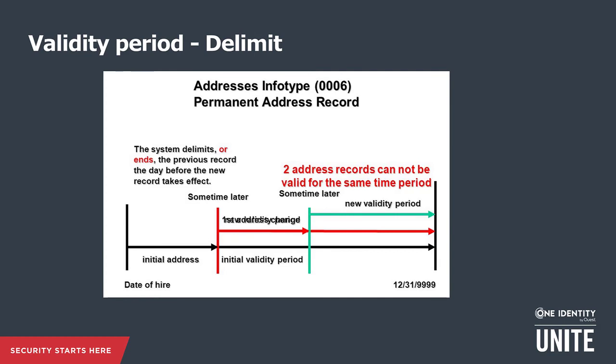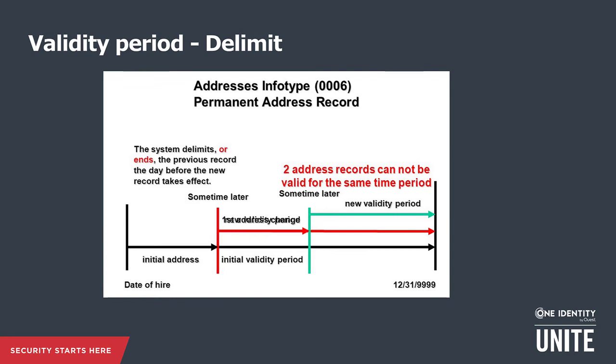In this example, at hire date, a permanent address record for the employee will be created with the validity end date of December 31st, 9999. This is the black arrow at the bottom of the slide. Sometime later, the employee moves to a new address. The HR department creates a new permanent address record effective immediately. This will lead to the ending of the previously active record on the day before, and the new record will be set active until December 31st, 9999. This is the vertical red line interrupting the black line at the bottom and the horizontal red line depicting the